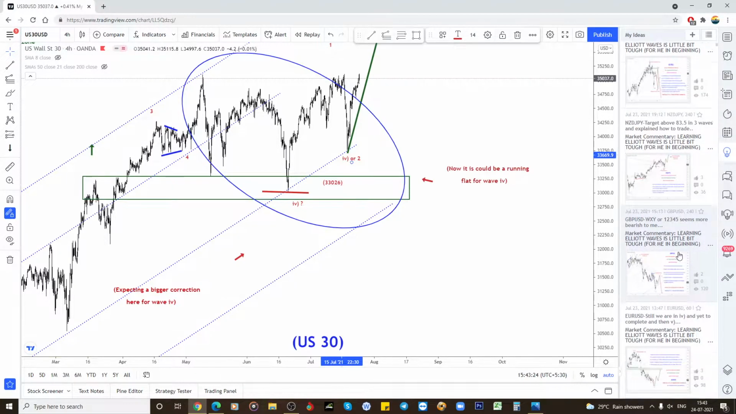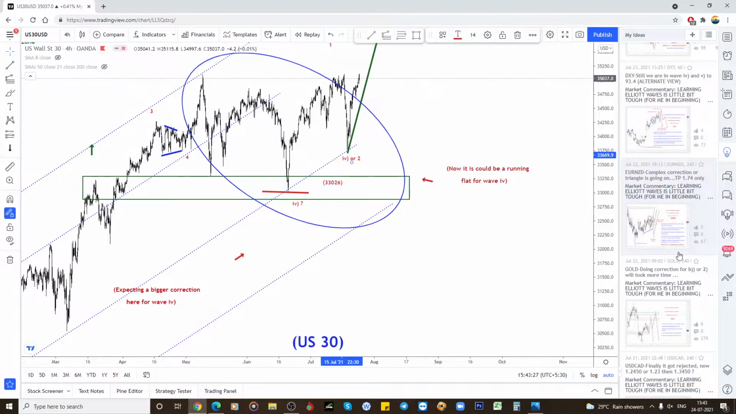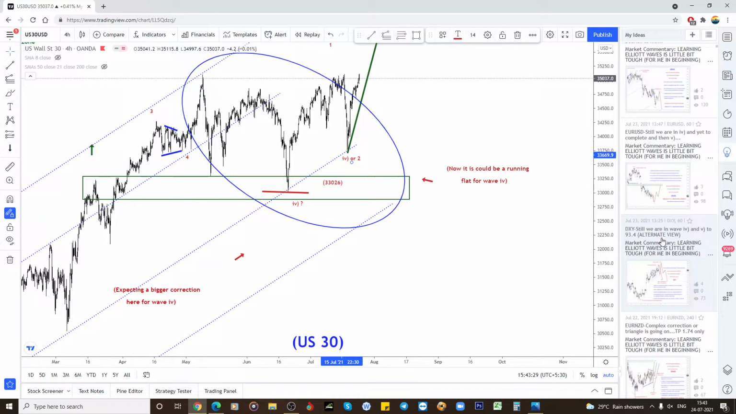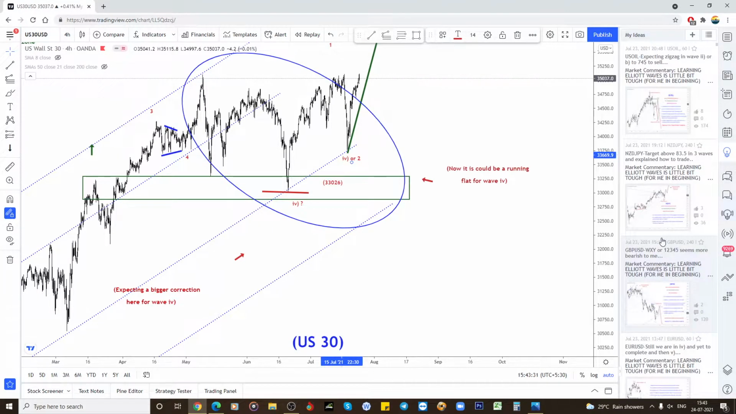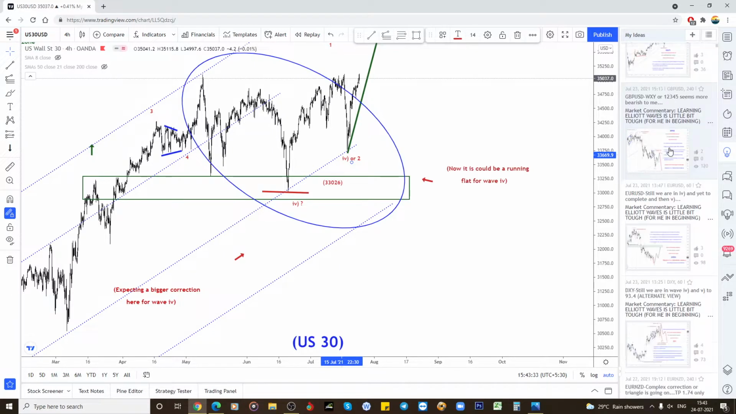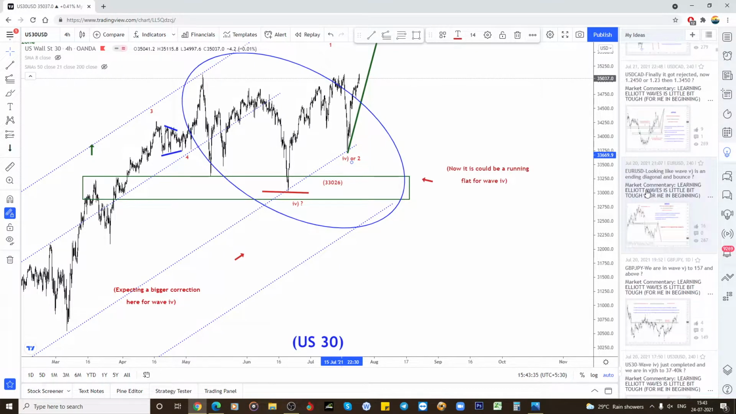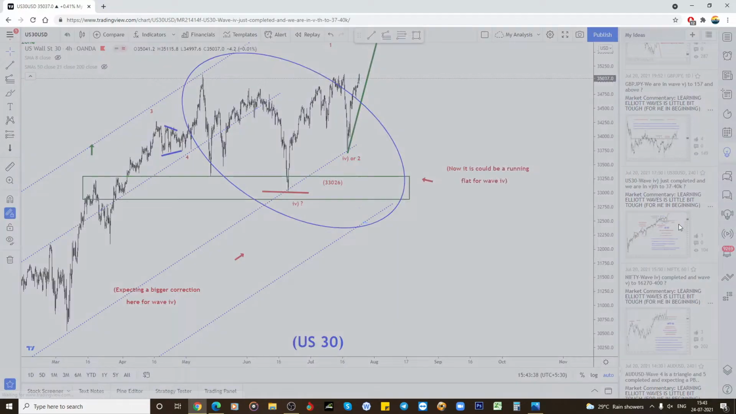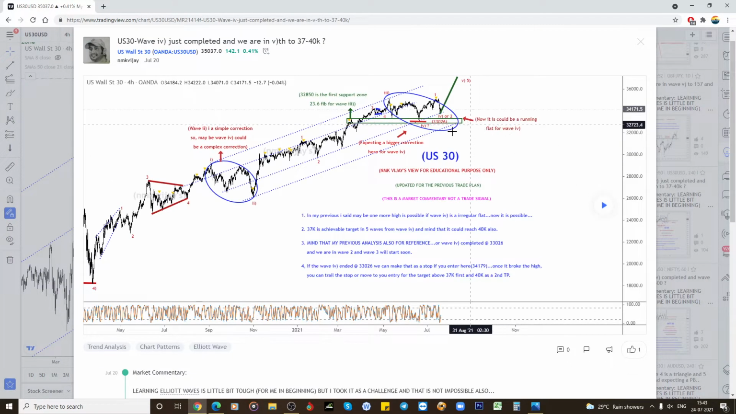Right. One second, we will just look for that. US30. No, I think it's the previous one. Yeah, here. See,